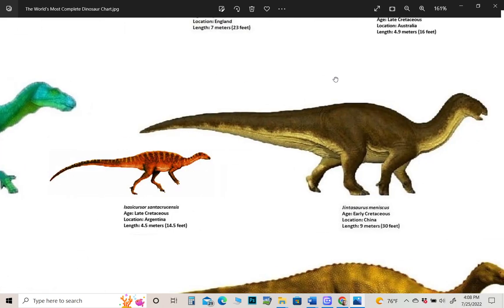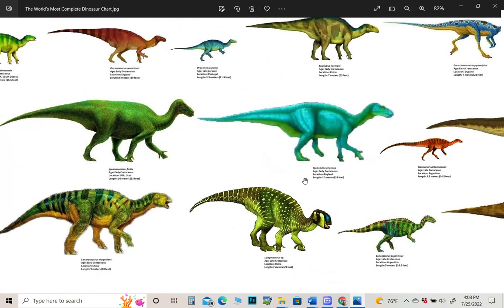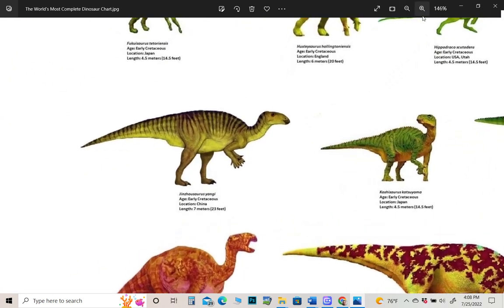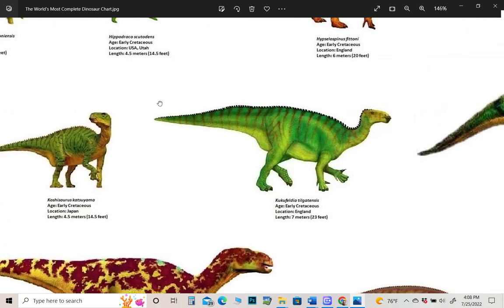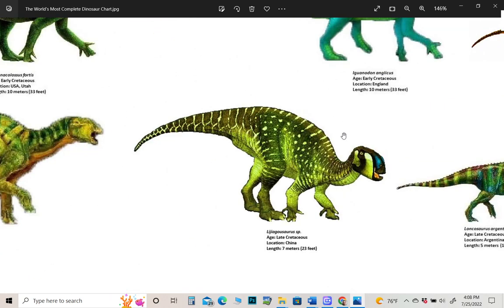Isasacursor, Gentosaurus. Ginzalsaurus, Koshisaurus, Cucufeldia, Lenzalsaurus,